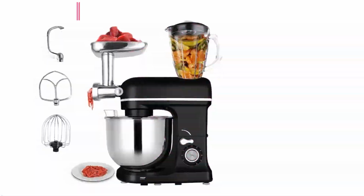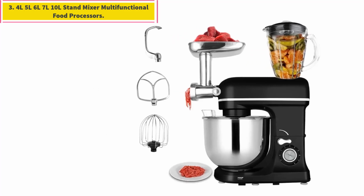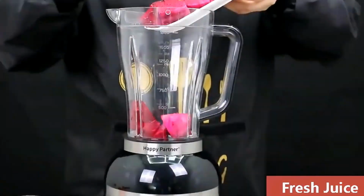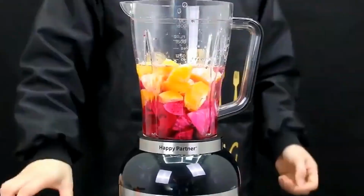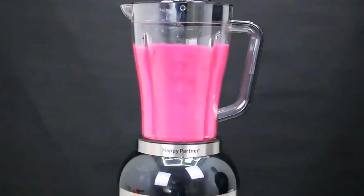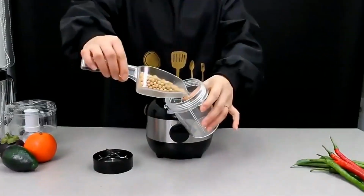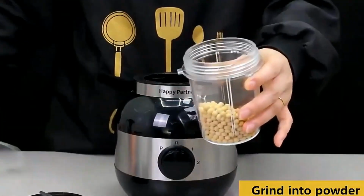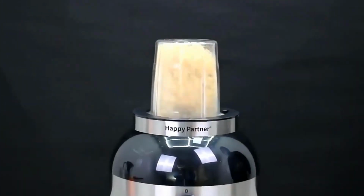Number 3. 4 liters, 5 liters, 6 liters, 7 liters, 10 liters stand mixer multifunctional food processors. Electric food mixer for baking comes with 3 chef's accessories: stainless steel whisk, aluminium alloyed dough hook, aluminium die casting flat beater, no dishwasher to avoid oxidization, and the bottom suction feet keep the kitchen mixer steady with no displacement